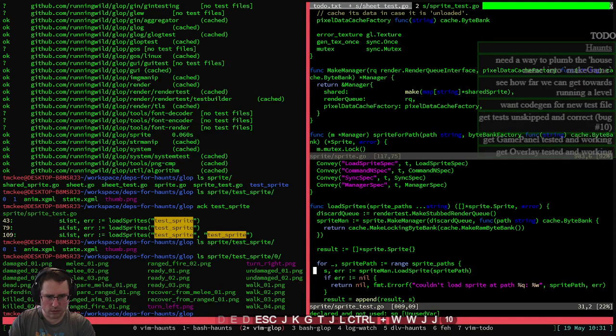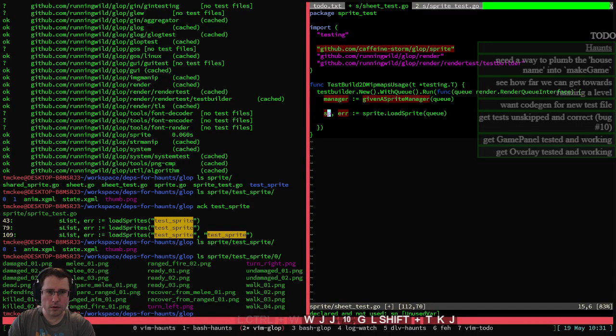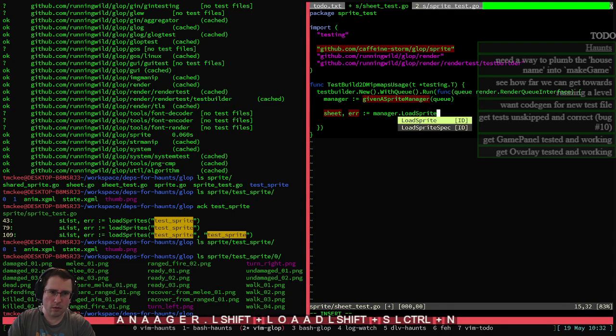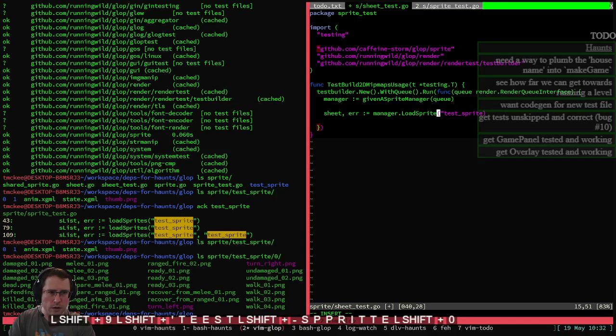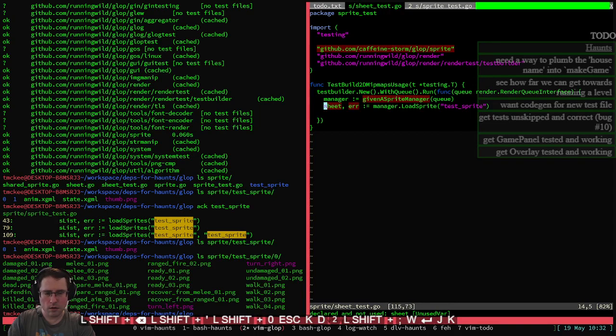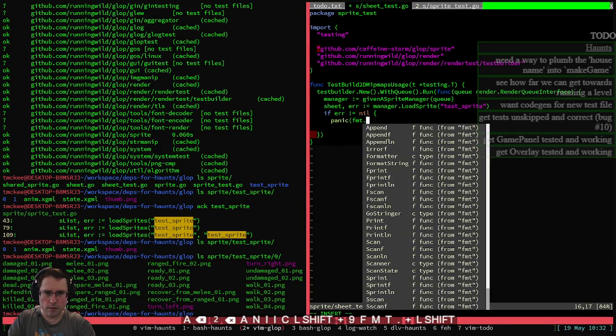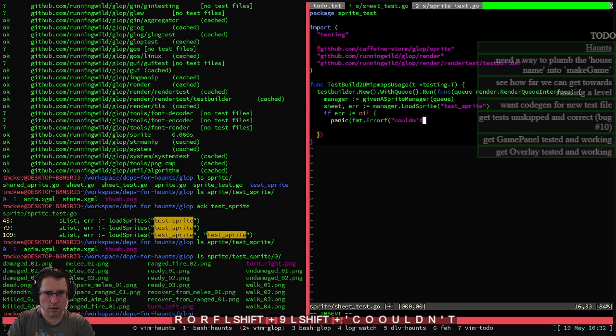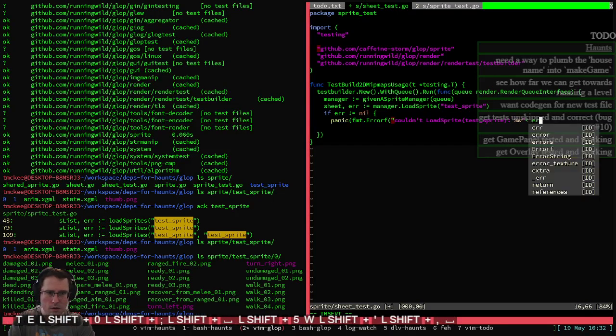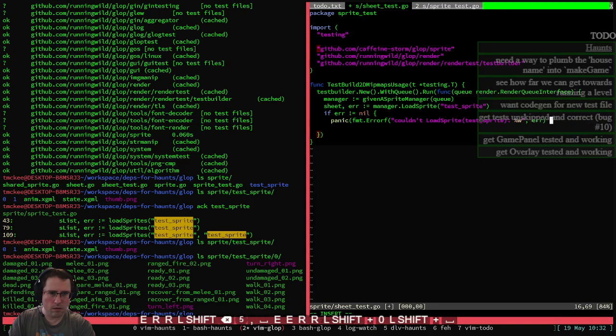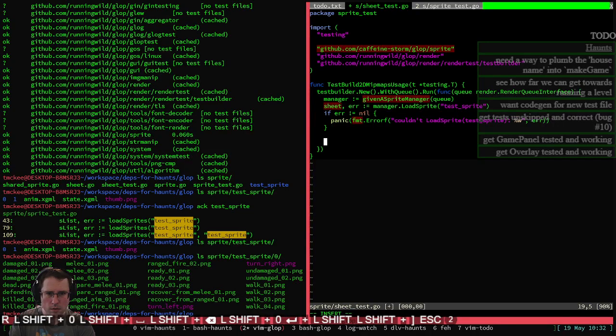Manager dot load sprite, the test sprite. If error not nil, panic, font error f, couldn't load sprite test sprite. No. And then